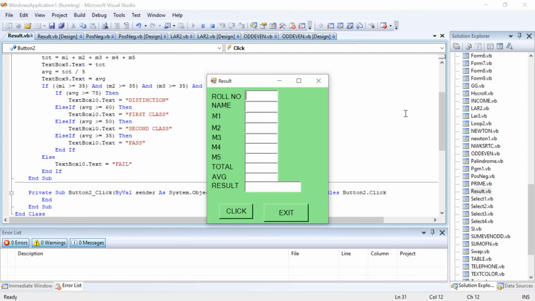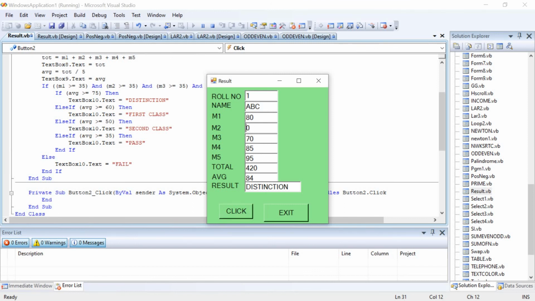Then enter the roll number. I just enter roll number 1, name ABC. I just enter here 80, and then 90, and then 70, then 85, then 95, then click here, it writes Distinction.